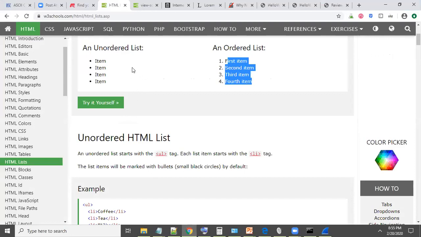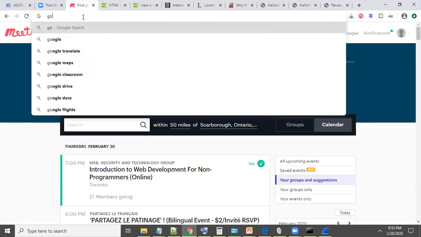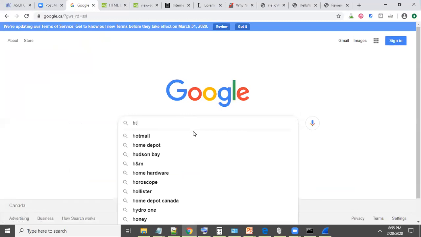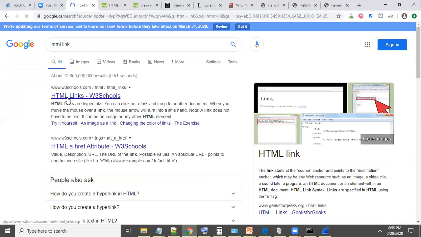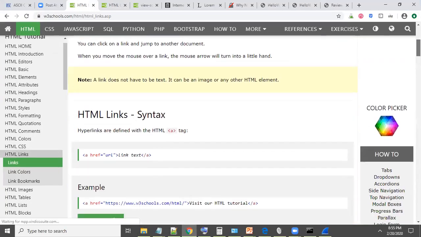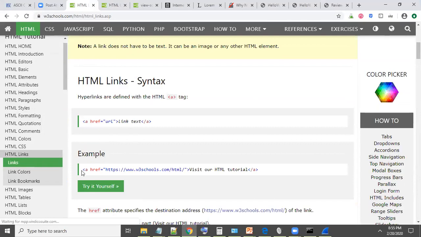So actually, let's do what you would use if you didn't know. We'd be at Google, and we would type in HTML link, right? So let's pretend we didn't know it was called an anchor tag. The first thing that comes up is w3schools.com, and you can see HTML links. On this page, we have the format of a link, and an example here. So let's copy this example